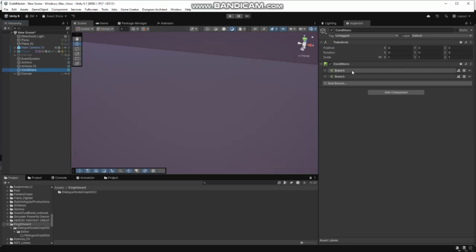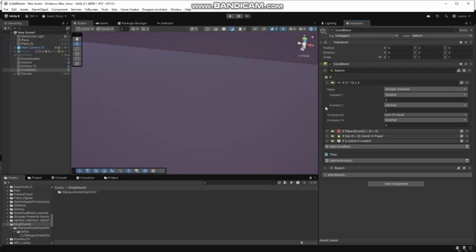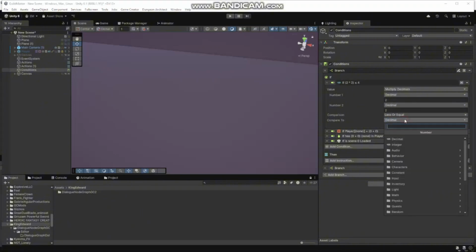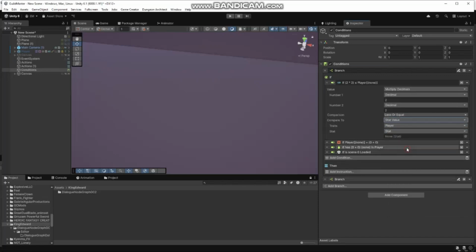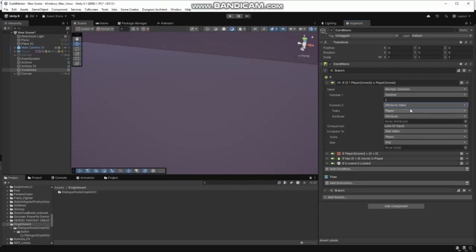Okay. Let's also take a look at conditions. We can also make math operations on our conditions. So we can have if 2 times 2 is less or equal to 4, but we could also have this be made up with stat values or attribute values or attribute ratios. Pretty much every decimal value from the modules you will find a reference here, and you can make math operations